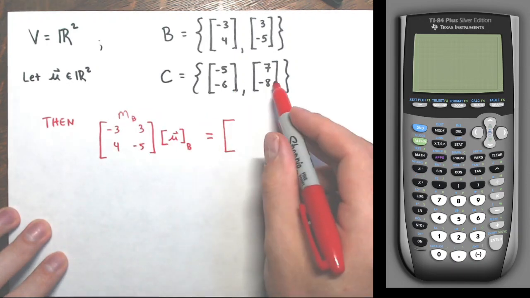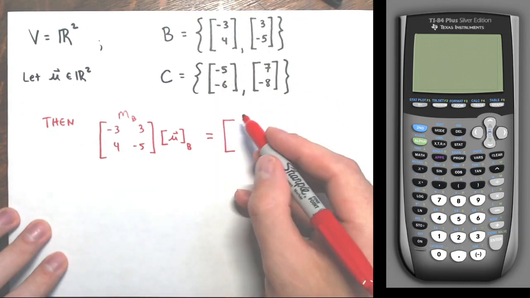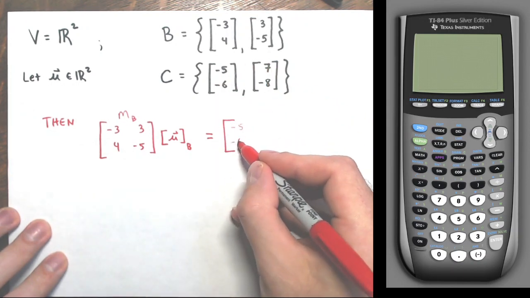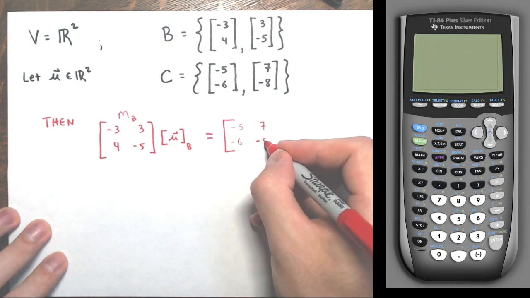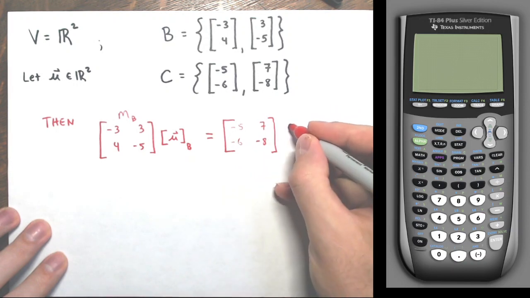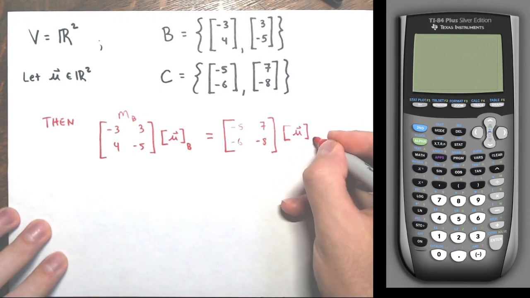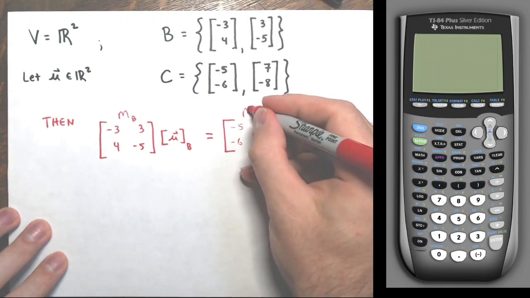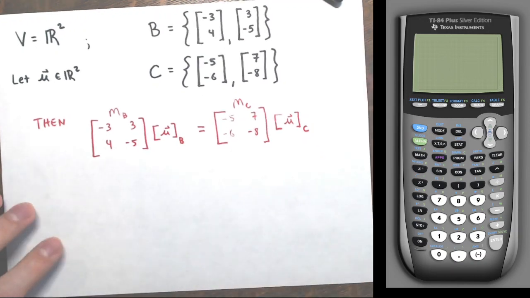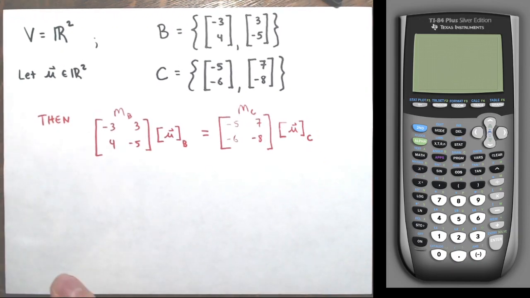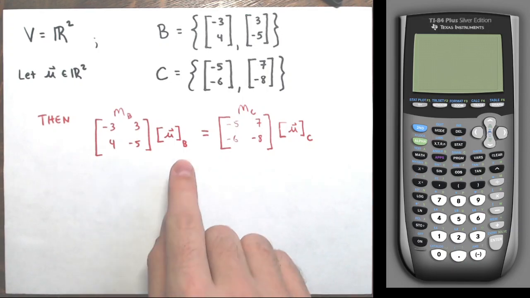And then make a matrix over here where these vectors from C are columns, (-5, -6) and (7, -8), multiplied by the coordinates of vector u with respect to basis C. And again, this is the MC that I was talking about on the last page. So if I want to find the transition matrix from, say, B to C,